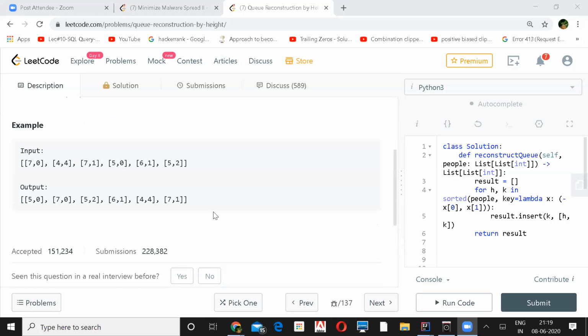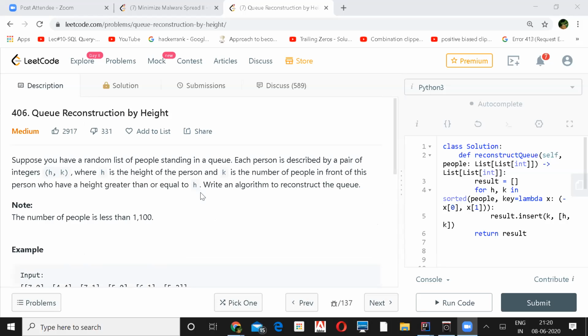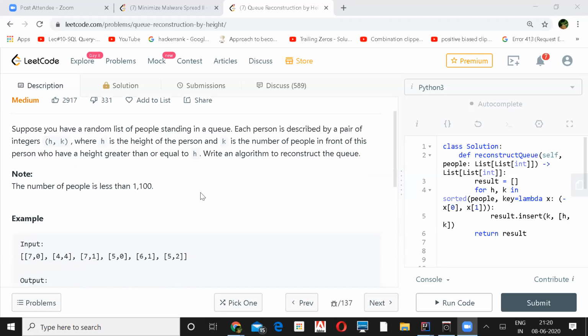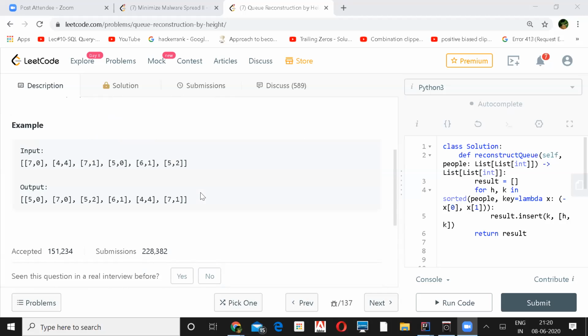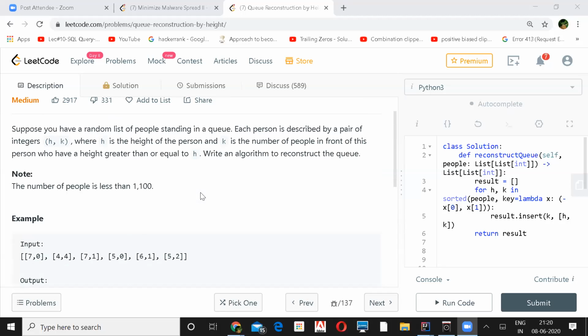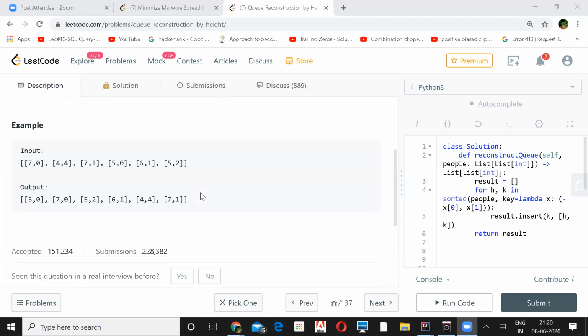So in the output for this example, instead of 5,0 you can also have 7,0 as the first element, right? That should not be a problem. Yeah, here it should, but no. That will be a problem for 5,0. How? Why? Okay, because it doesn't have anything before that. Okay, yeah, makes sense.